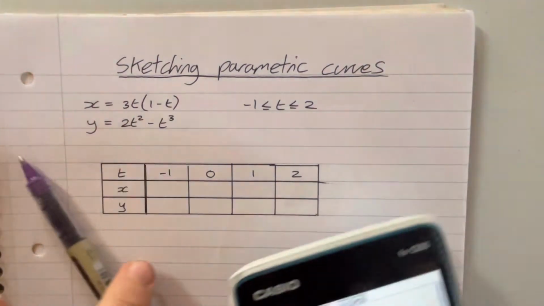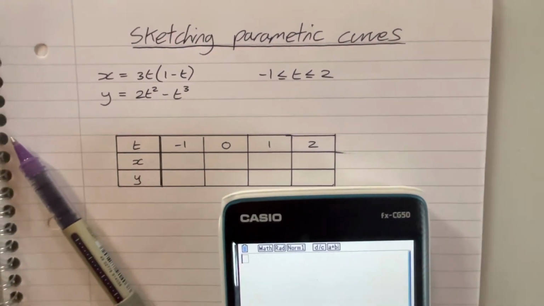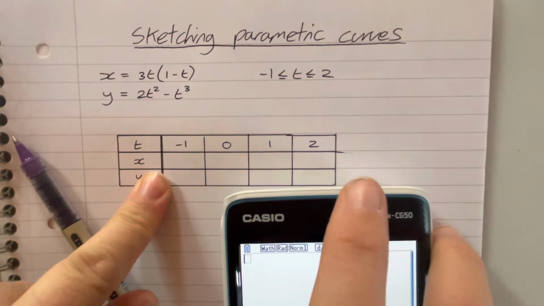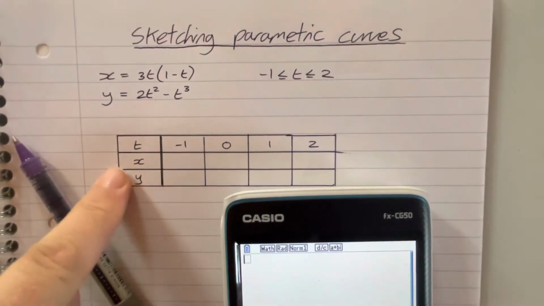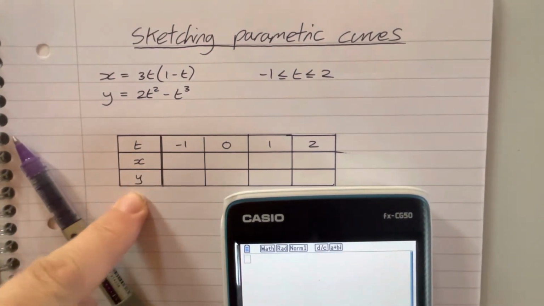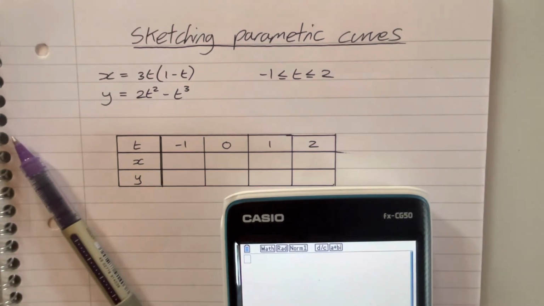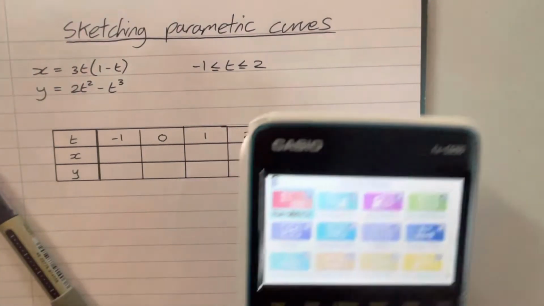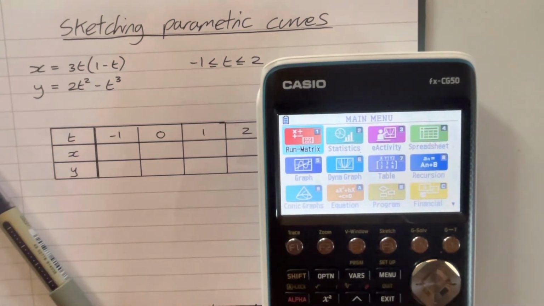So what I recommend is we go back to basic principles as to how we sketch curves, which if you think back to key stage 3, key stage 4, you had these little tables of x and y, and then you just plotted the points and joined them up. We're going to do exactly the same here for parametrics. Okay, so I'm going to go into table mode on the calculator, which will make the process a lot easier,